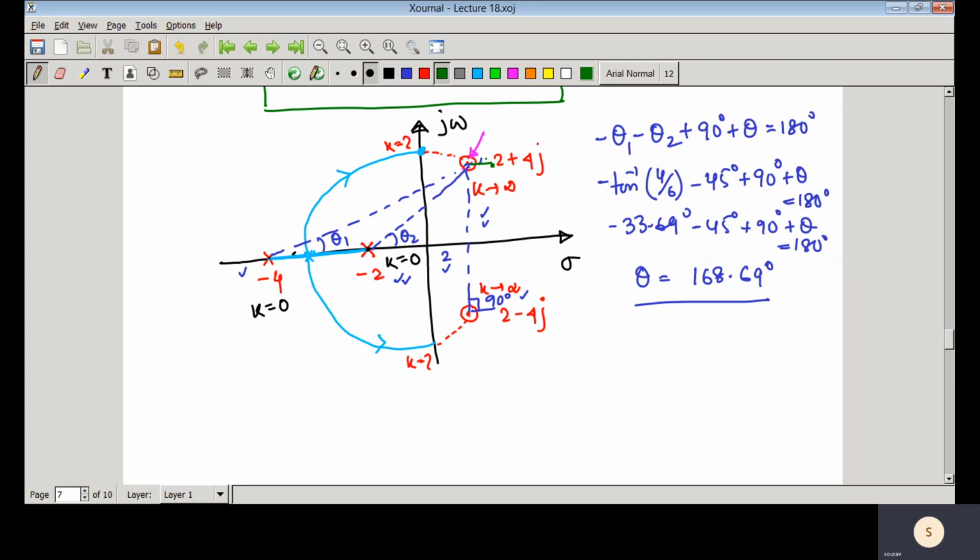So this is that angle of arrival. That means if you take this is that reference vector and say suppose this is that angle, 168.69 degree. So at that particular 0, it will come like this, and it is symmetric, so it also reaches that 0 following this particular angle. So this angle is called that angle of arrival.